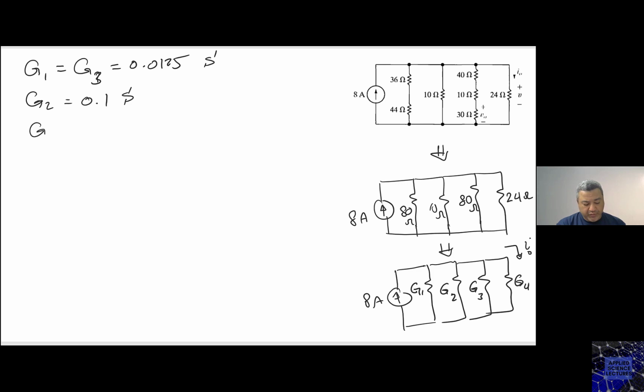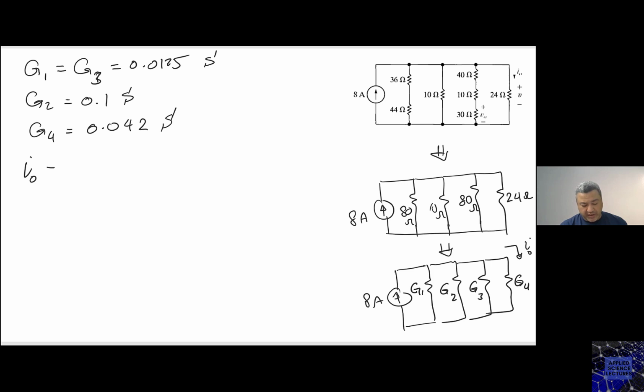I have G4 as 1 over 24, 0.042 Siemens. Finding I naught using the current division, using the conductances, would be I naught equals the total current, which is 8,